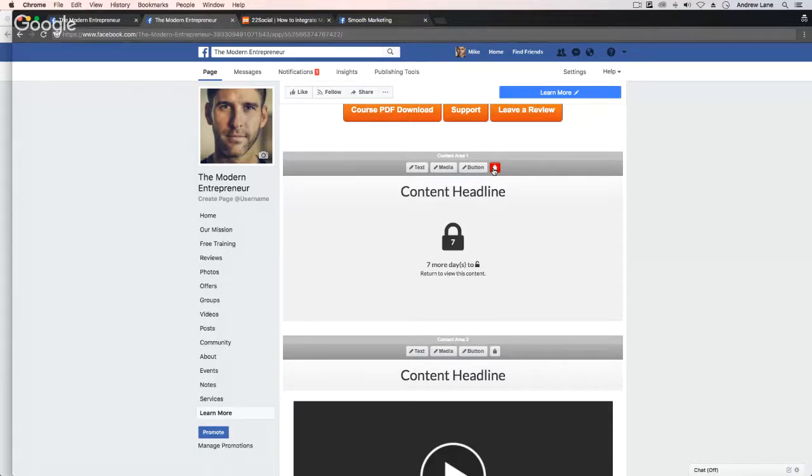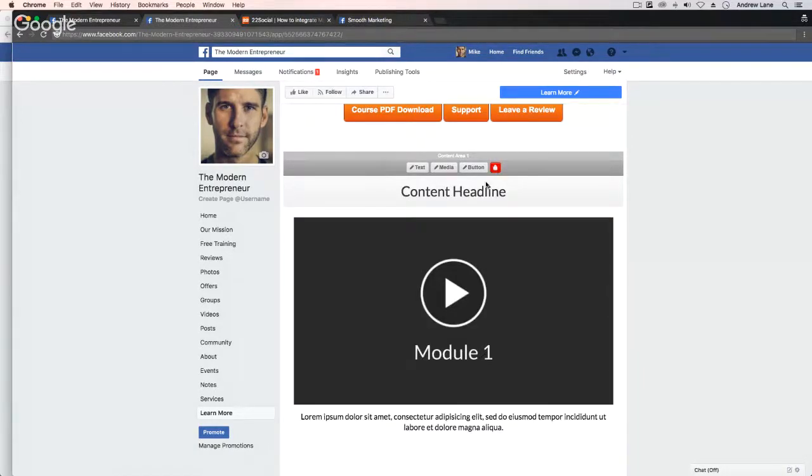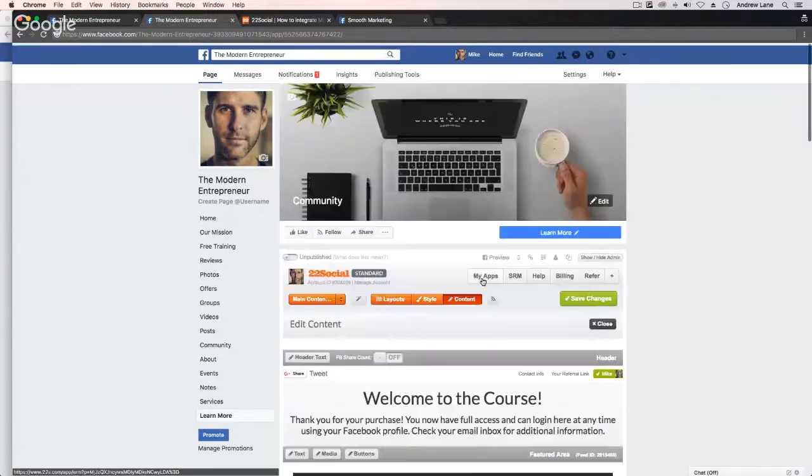And then they can just come right back to this app and it will know who they are because they're logged in with Facebook, and it'll display that area if it's been 7 days. So that's how you can drip content. So let's look now at